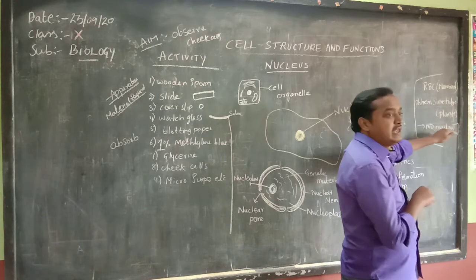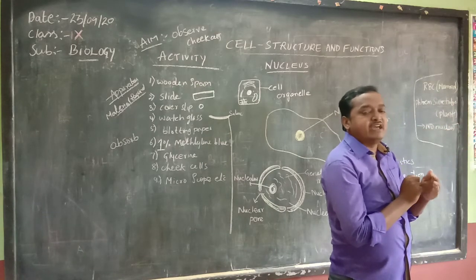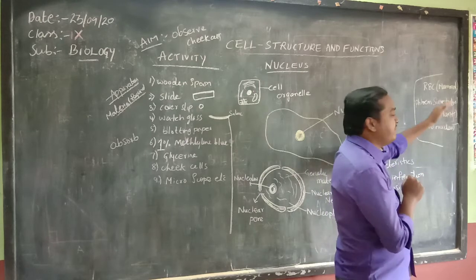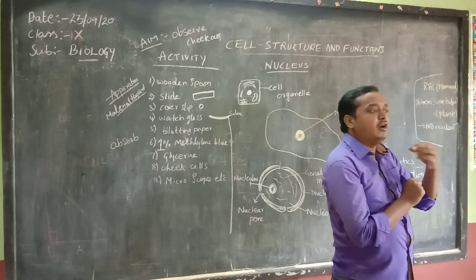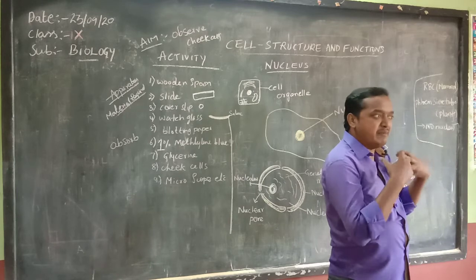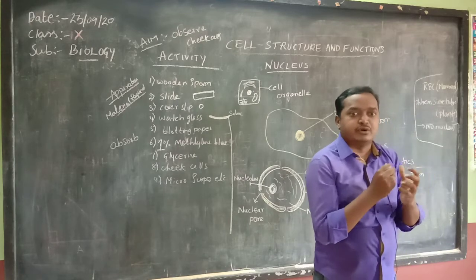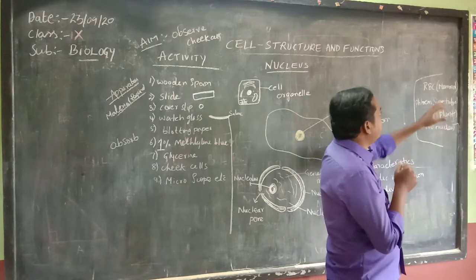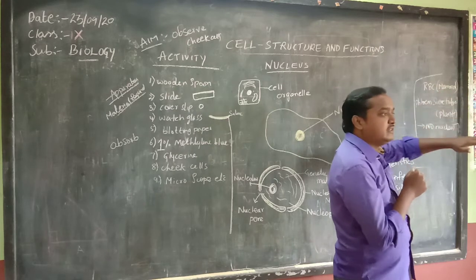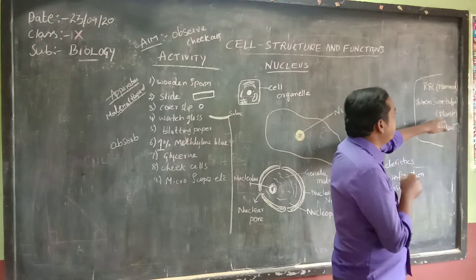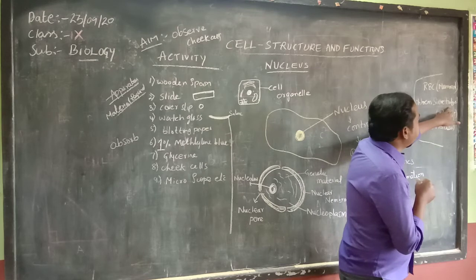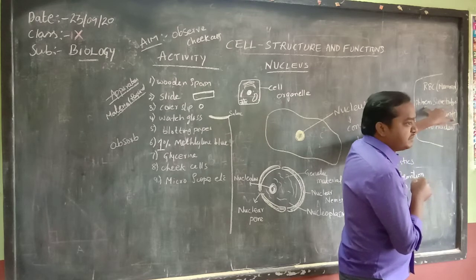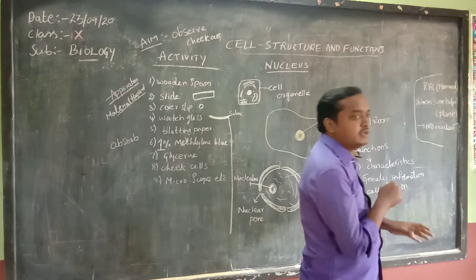So nucleus कहाँ पर नहीं रहता? In living organisms, mammals, meaning human beings, in the RBC the nucleus won't be present. And in plants, some sieve tubes are also there in a flowing special type, in that also nucleus is not there.